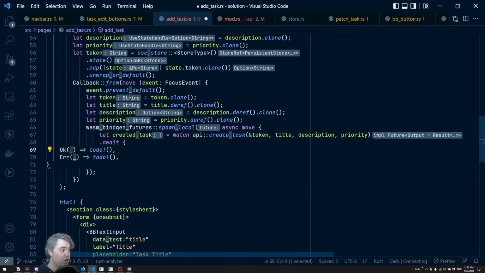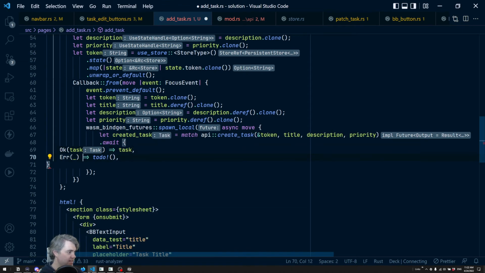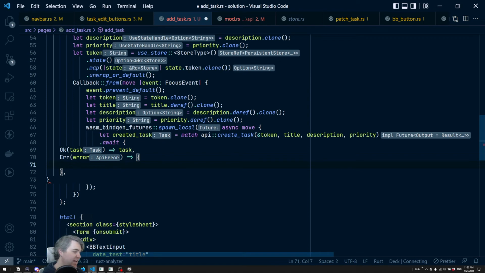Okay, so if it's okay, I want to take in the task that's created and return it. If it's not okay, we're going to get this API error. And then we want to handle this. So if it's a not authenticated,